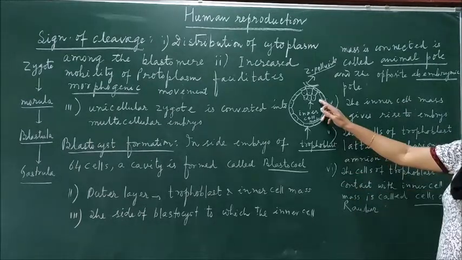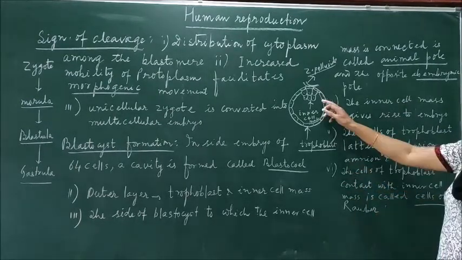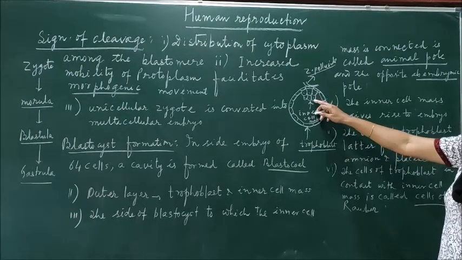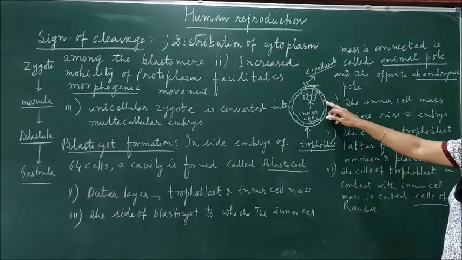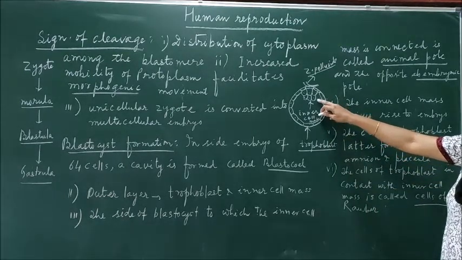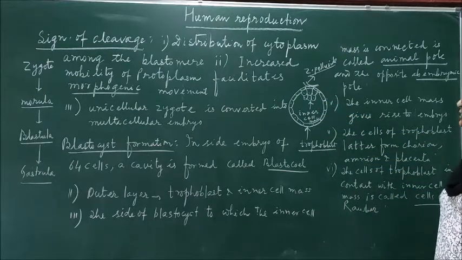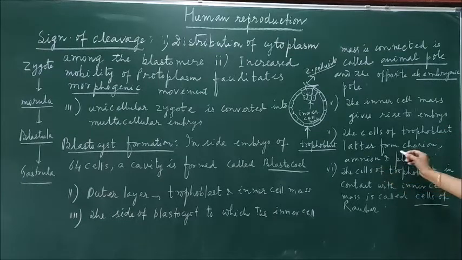Okay. Now this inner cell mass is actually giving rise to the embryo. The embryo develops only from the inner cell mass. It is not developing from the trophoblast. But the trophoblast, initially, provides nourishment to the inner cell mass, and later on it develops into the amnion, chorion, and placenta. The chorion and amnion are the cavities produced inside the gastrula, and the placenta, you know, is the connecting link between the fetus and the mother.